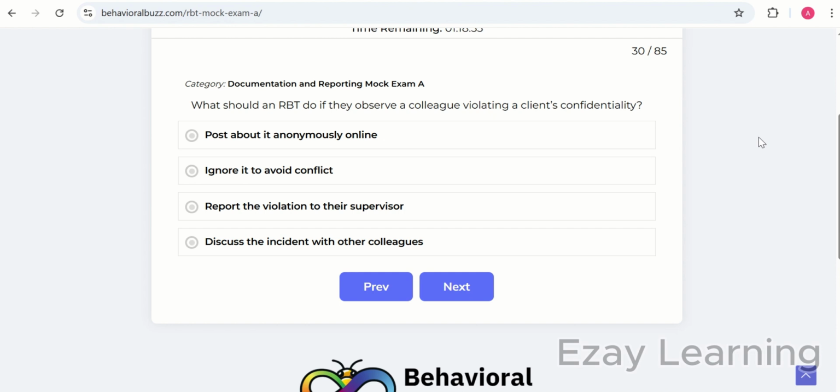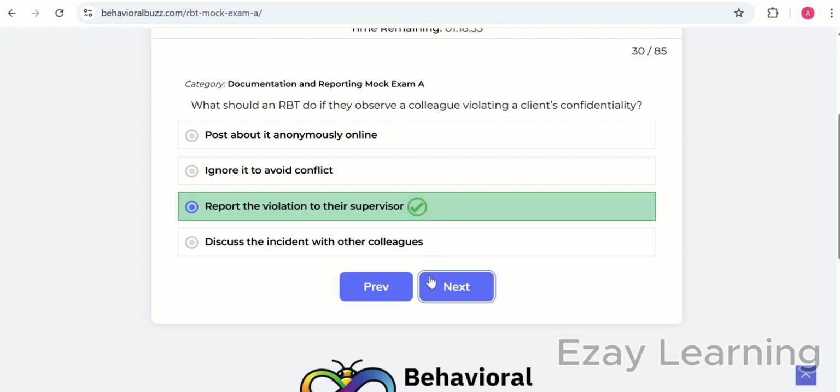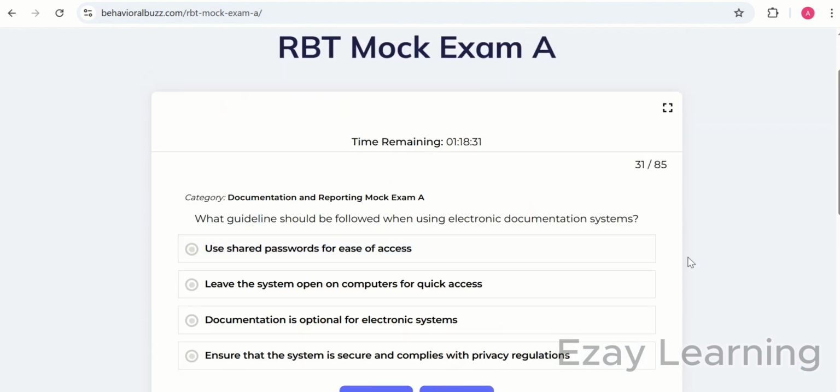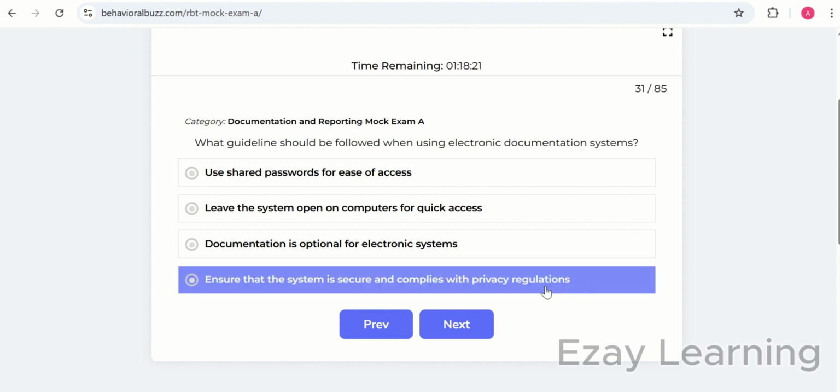What should an RBT do if they observe a colleague violating a client's confidentiality? They are required to report the violation to their supervisor, and so is an ABAT or IBT supposed to do. What guideline should be followed when using an electronic documentation system? Ensure that the system is secure and